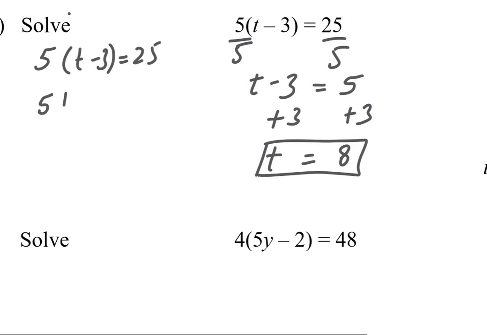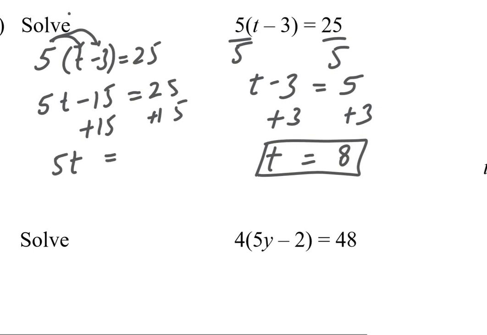This is going to be 5t minus 15. I just times 5 with t, and 5 with 3 is equal to 25. Then this is the two-step method again. So I'm going to add 15 over here, I'm going to add 15 over here, so we got 5t over here, so this becomes